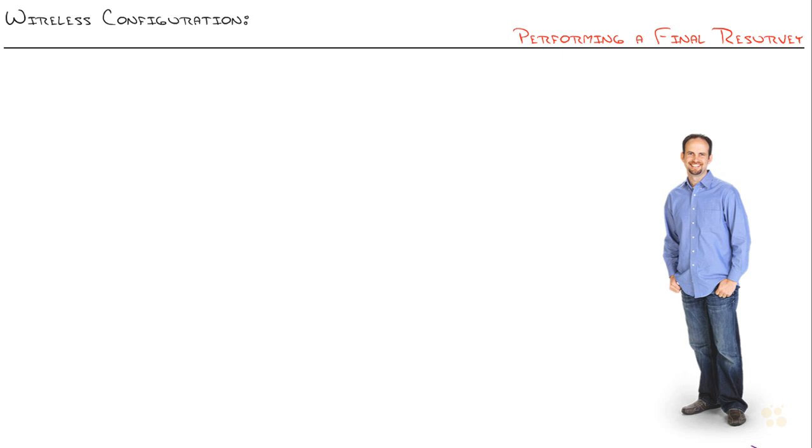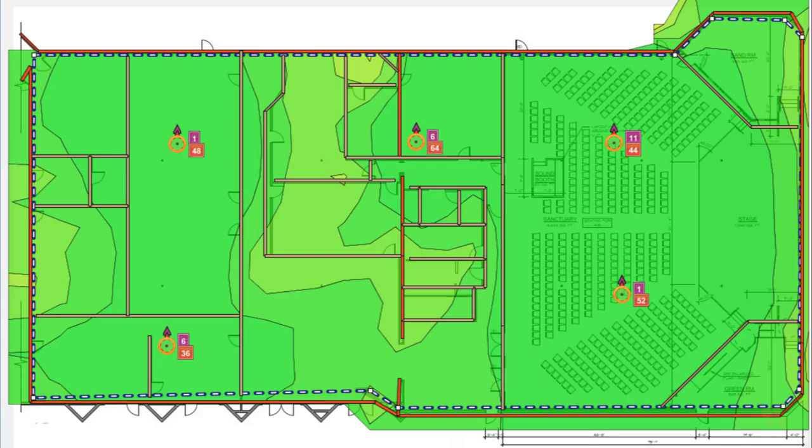The title says it all. Wireless configuration, performing a final resurvey. Well, the 5 WAPs have been installed and configured. Even that mysterious WAP that was missing the entire time, it was quite the cabling hassle to get that thing